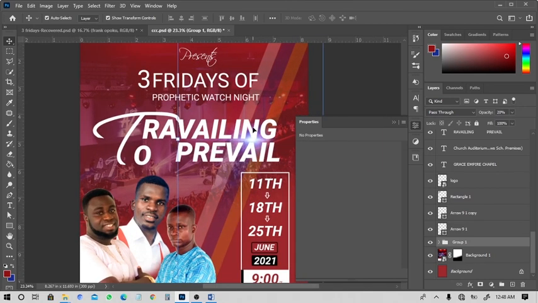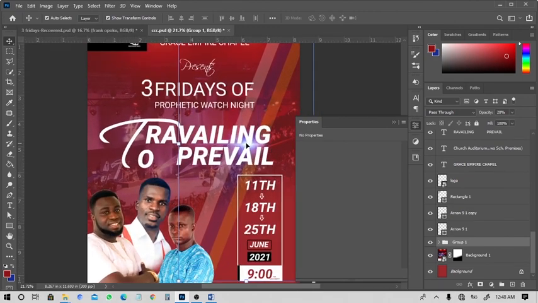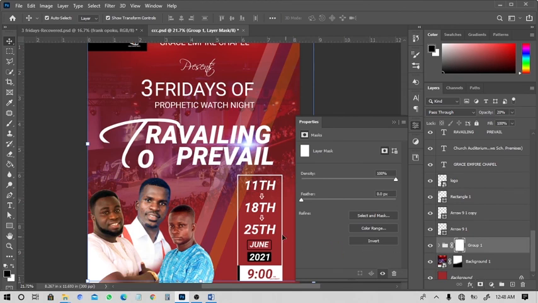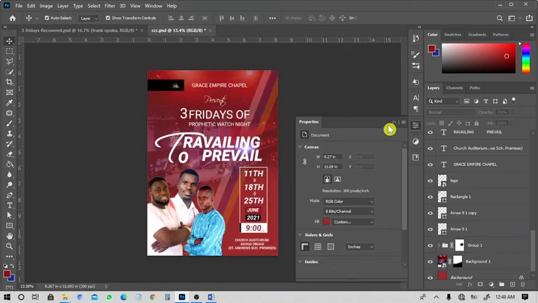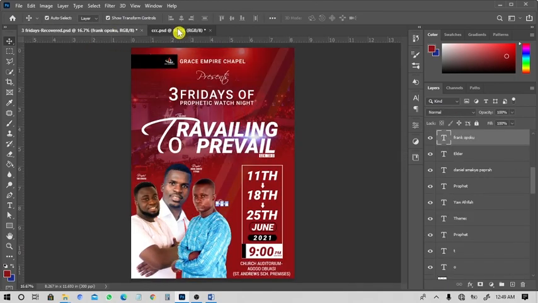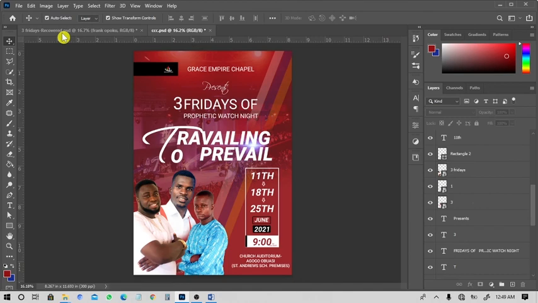But you see that it is distracting with the traveling that we have here, so we can erase that part from it. We can just do it easily by adding a mask to the group. Then with the group selected, get your brush tool and paint that area, and you will see the kind of effect that you are going to have at the end of the day. So this is before and this is after. So you see that this one and this one.